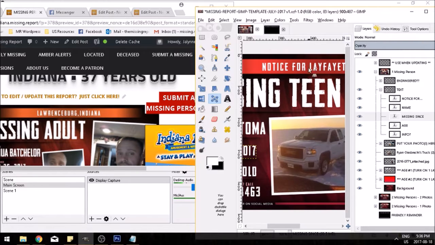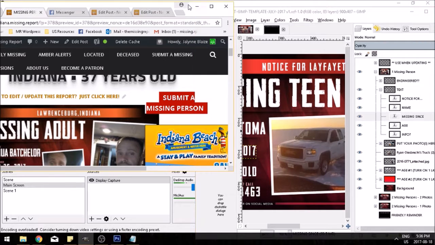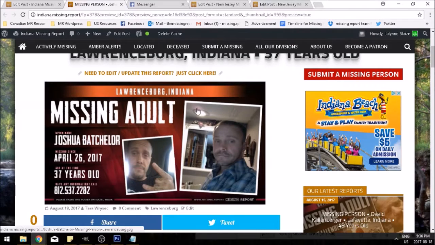No colon or anything in there, just notice for space. And I thought that was so funny because when I looked, I was like, damn, something looks bare. And I was like, oh, she did exactly what I did the first time. So yeah, type it out and get notice for in there, and just make sure it should be fine for